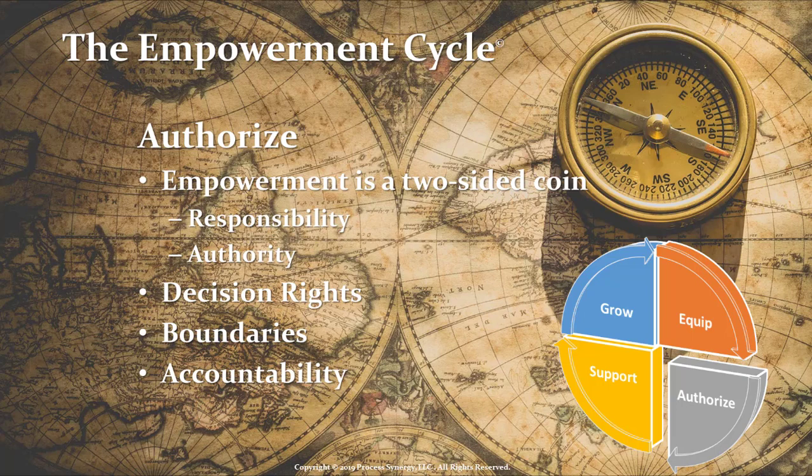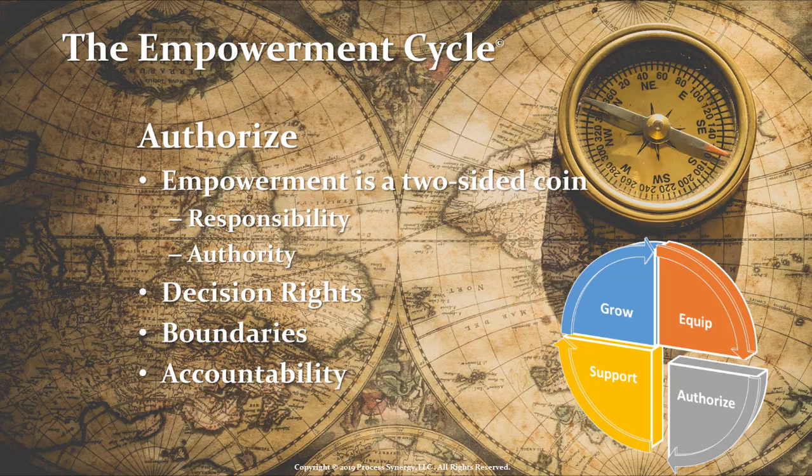Next is authorize. Here's where many people fall very short when they supposedly empower people. Many think that's just loading people up with a lot of challenging work and saying, have at it. That's not empowerment. That's making people, quote, responsible for the workload. When empowering, you must give the person the responsibility and the authority to get the job done. Without the authority, they can only work within their sphere of influence. Especially in large organizations, your people can easily be ignored by others if they don't have the authority to decide and act as needed. And this leads to the next items.